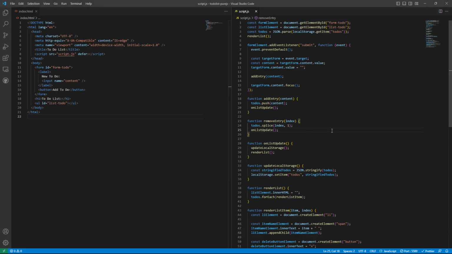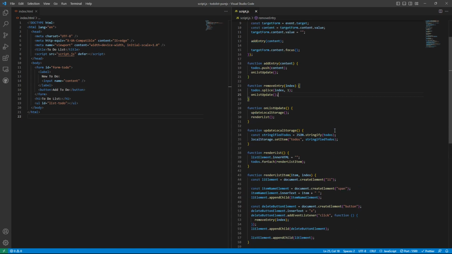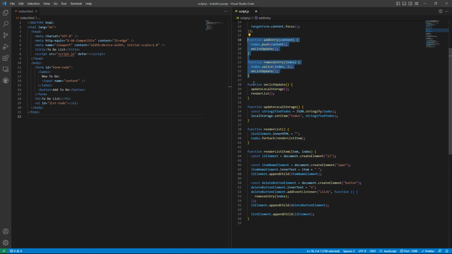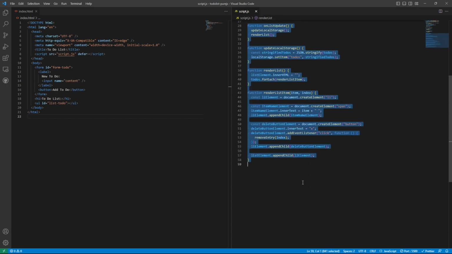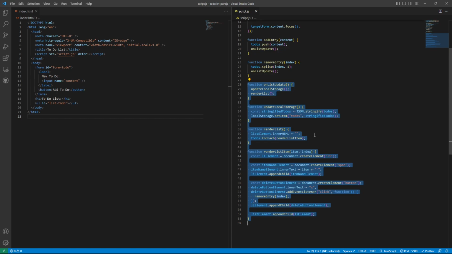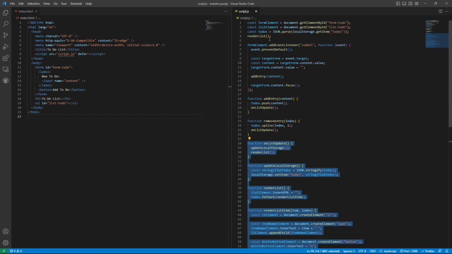All right. So we can remember things inside of local storage between refreshes. We can remove entries. We've refactored it a bit so that we have this add entry and this remove entry. And now we have this chunk that's responsible for doing the update logic. In fact, I might make it so that